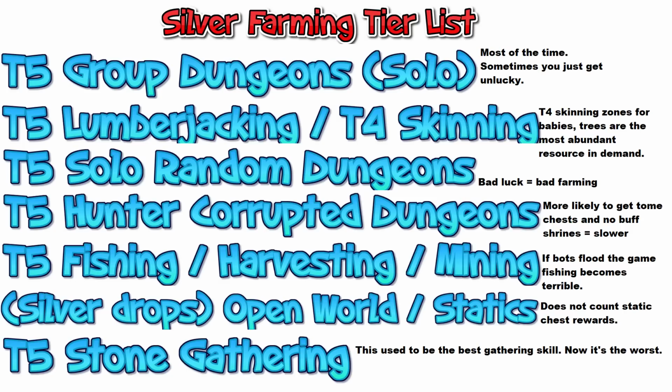Alright, so open world and static farming, not counting the chests, the loot rewards you can get in static farming areas. I find them too infrequent to really calculate, but just based on silver drops from the mobs alone, it is towards the bottom. And then finally, we have stone gathering, and the reason why stone gathering sucks so much